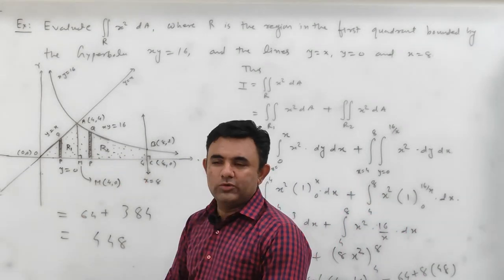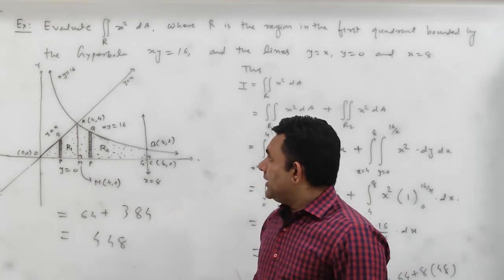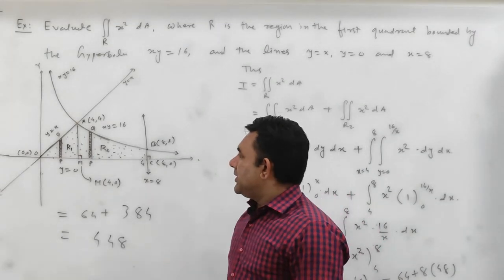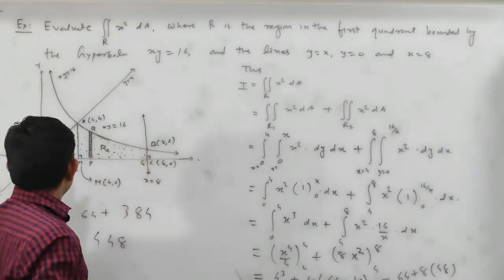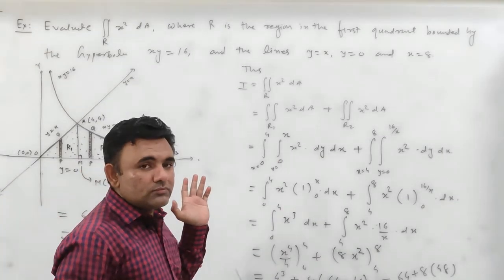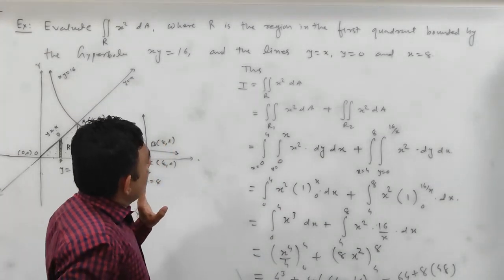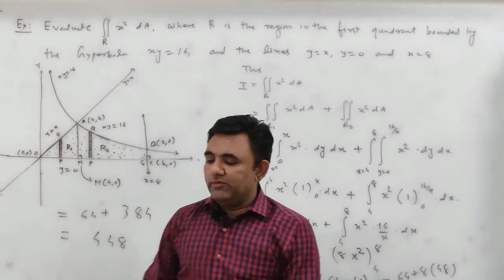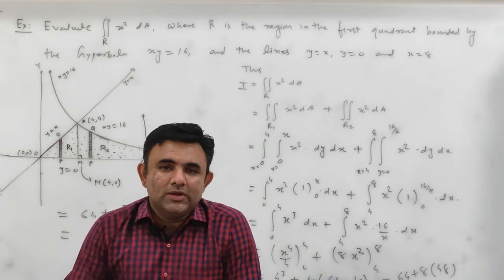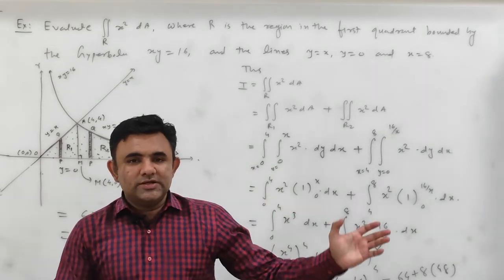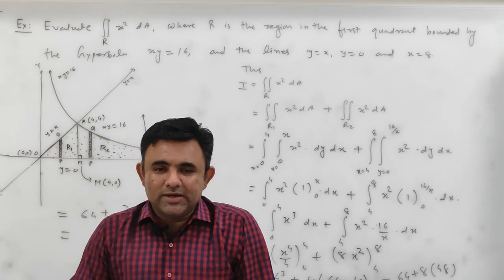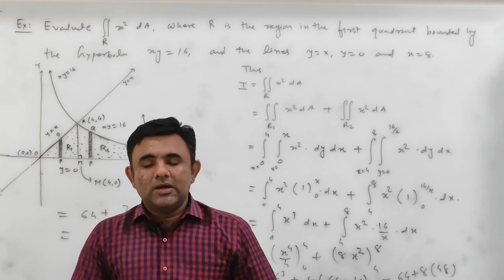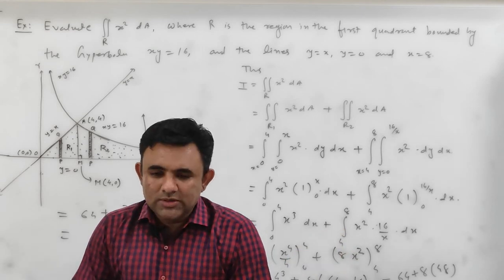So you have to divide your region into sub-regions, and you have to evaluate this integral. But it is also a simple process. For that you need intersection points and a rough sketch of the region with boundaries. So this is how we evaluate our multiple integral when the limits are not directly given and the region is described by boundaries of curves and geometrically. So first you need to sketch a rough sketch, and then you have to find its boundary points,